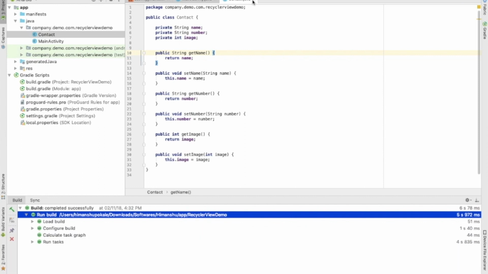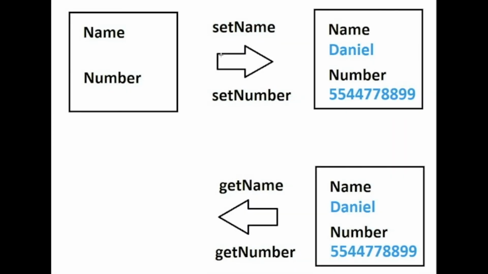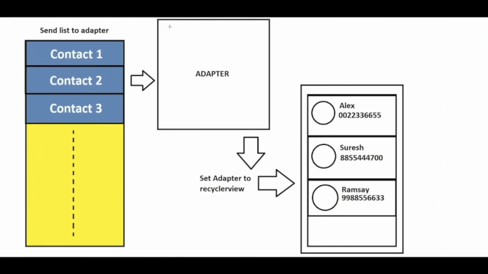Before we move ahead, we'll first understand the flow of data between recycler view and adapter. Let's understand with the help of diagram. Let us assume that this block is an object of class contact. We have set values to the variable using the setter method. This was a single object. Similarly, we can make multiple objects and then add it to a collection. We will use an array list to add our objects. In this diagram, we have a list with multiple contacts, and now what we are supposed to do is pass